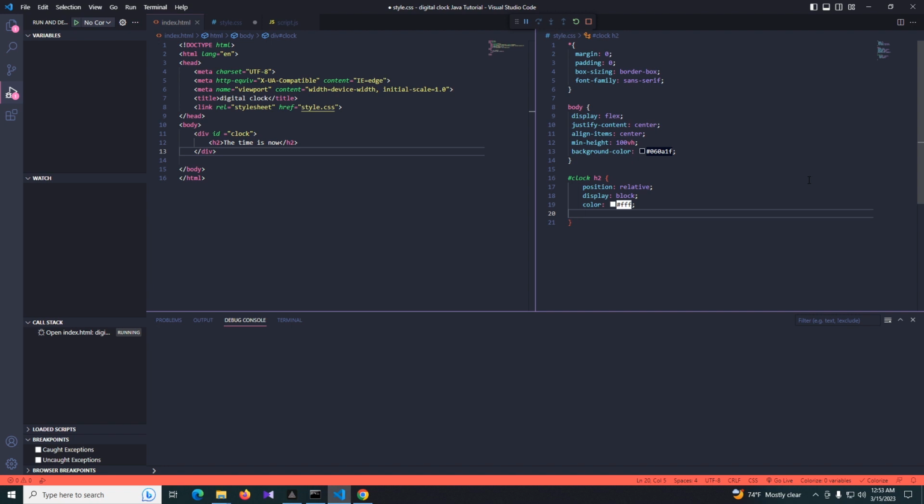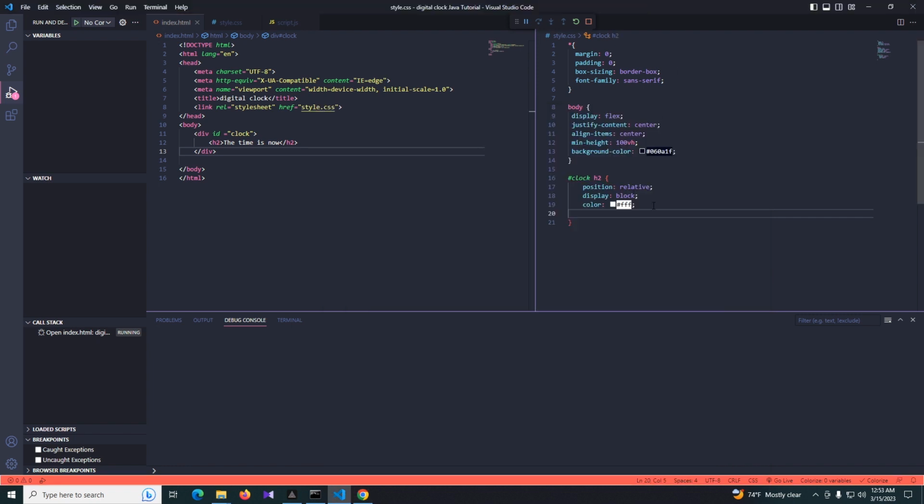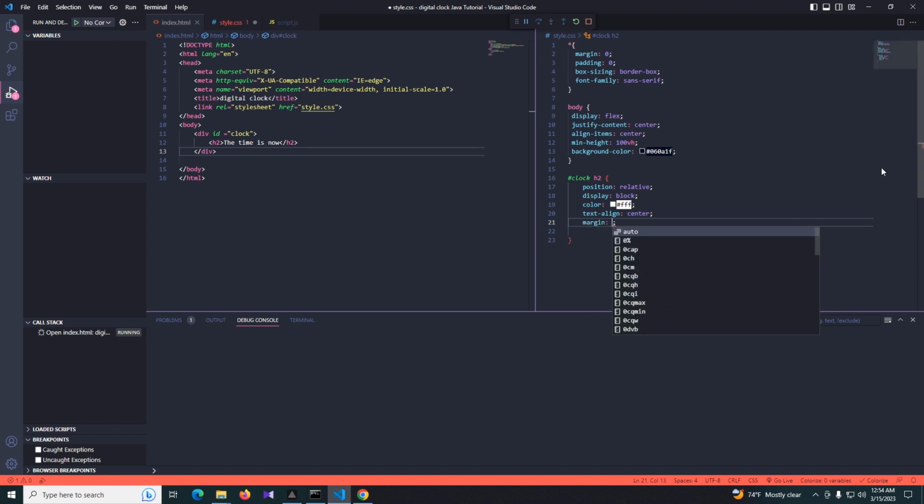And color as white. Save it. Right, now we can see. And text align center, margin 10 pixels,